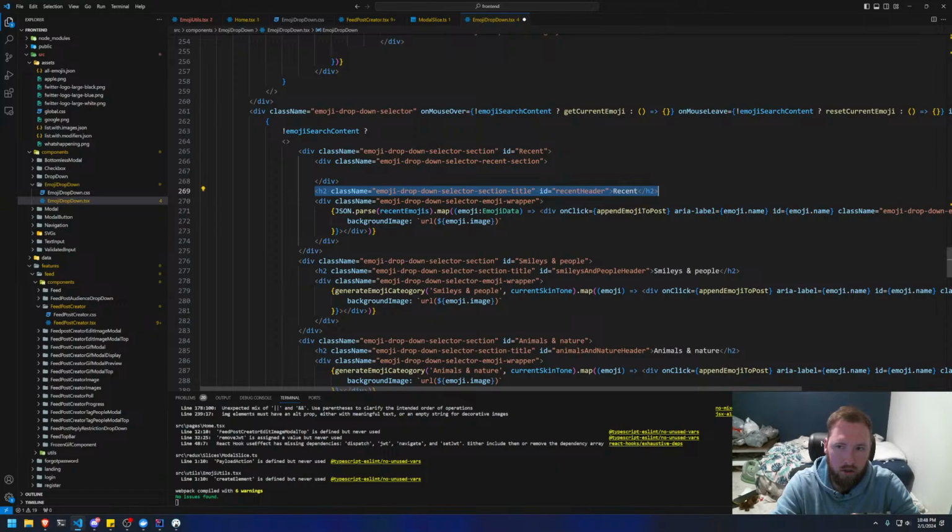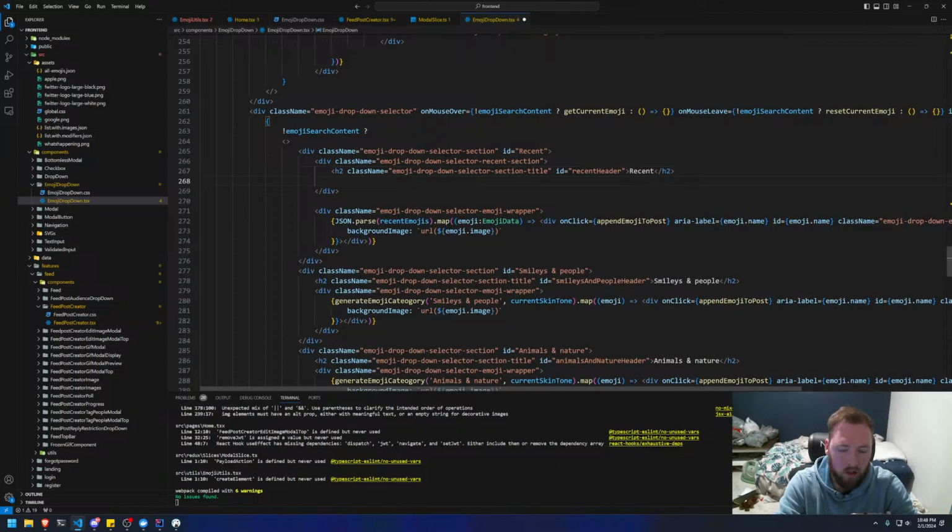We'll put the h2 in, and then we'll put like an h3 or something, and we'll say h3 class name equal to emoji drop down selector, and then this will be